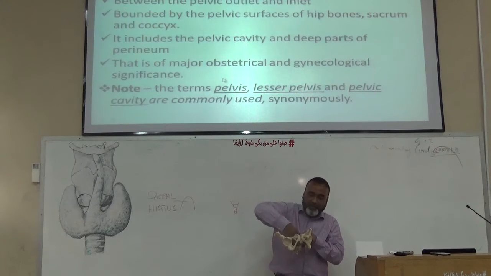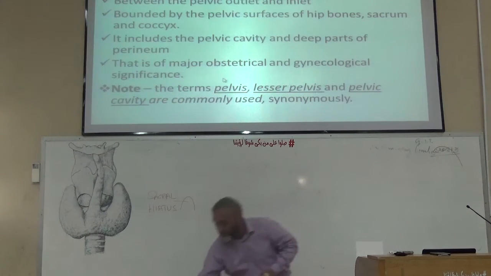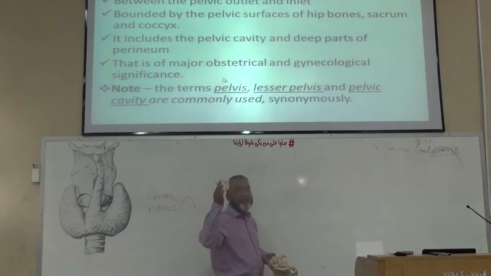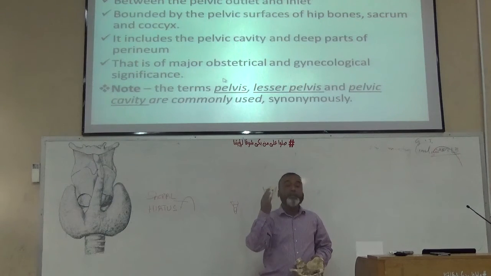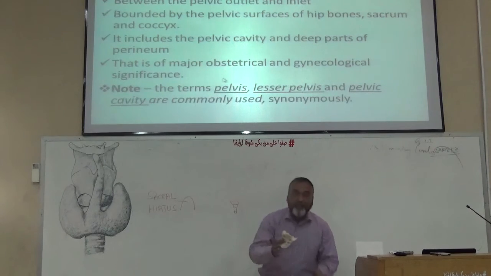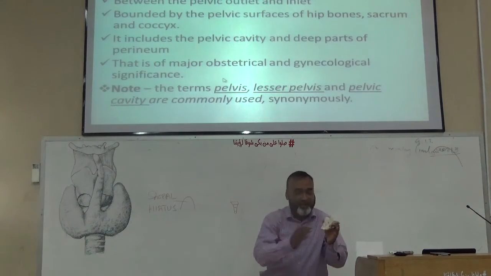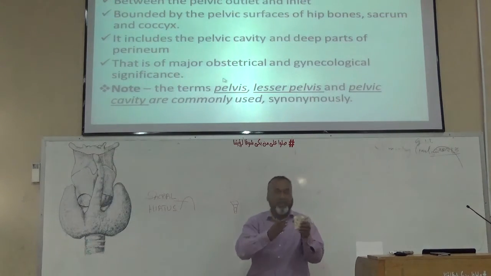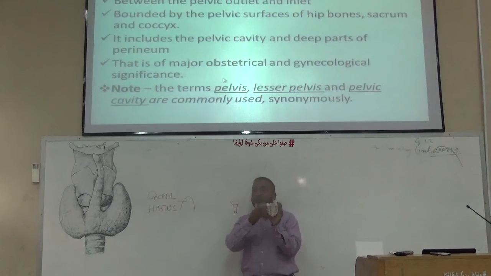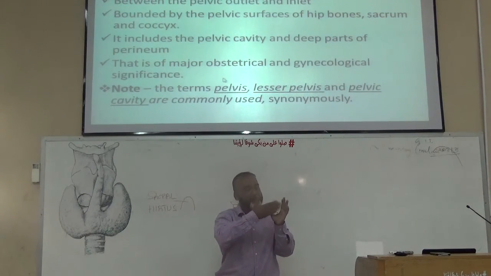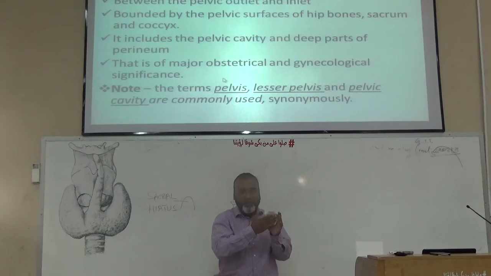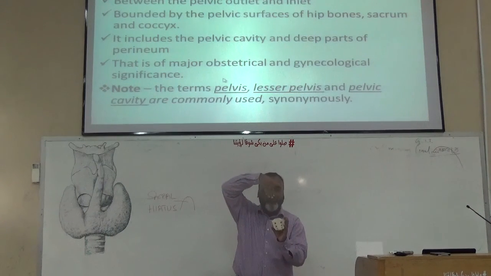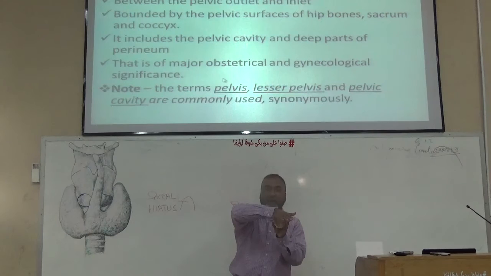the pelvic cavity, there is this curvature, which is the curvature of the sacrum. We will see that in the female it is more flat as compared to the male. When we need a large pelvic cavity, what should it be, curved or flat? In the female, the anterior aspect of the sacrum is comparatively straight or flat, so that the head of the fetus can pass towards the outlet.